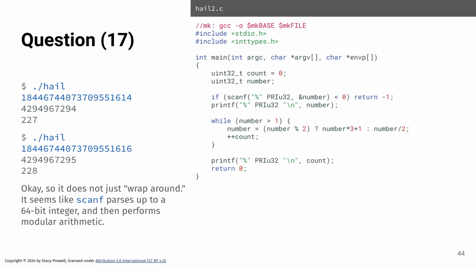Let's try one less. Look at that. One less in the 64-bit world turns that lowest bit to a 0. And what we get back is that lowest bit set to 0 within the 32-bit field. Life is perfect. This model is working great. Let's try one more. So I seed the 64-bit field by 1, and I get